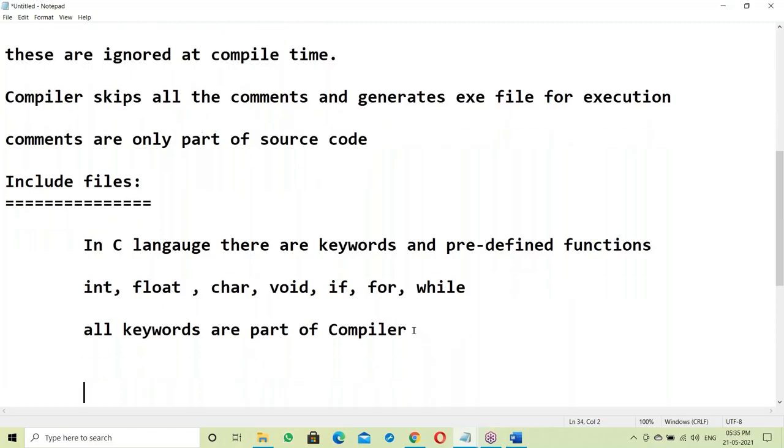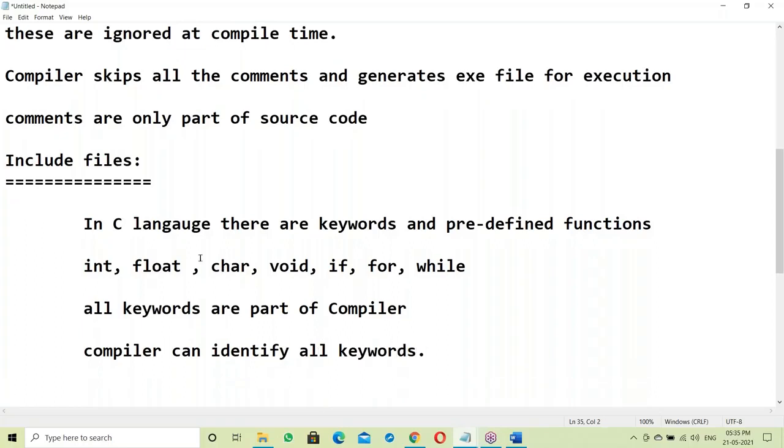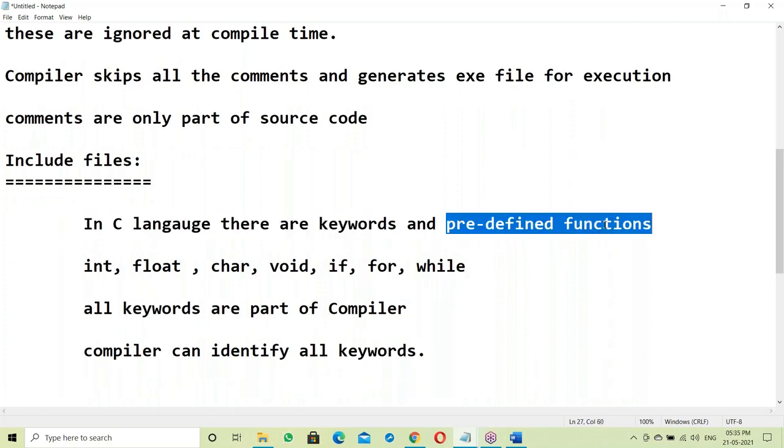So the compiler can identify all keywords. No worry about keywords. In C language there are keywords and predefined functions.